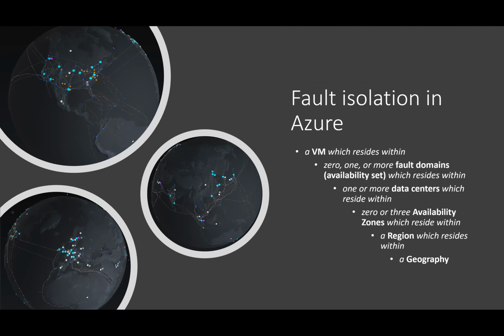When you have two or more VMs inside an availability set, Azure itself will work to keep those VMs in different fault domains, to ensure that if anything takes out the hardware within a data center, the other VM in the availability set will survive. There are up to 3 fault domains within an availability set, and